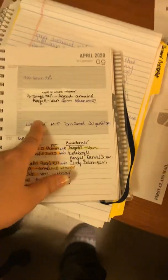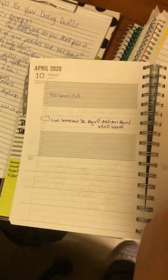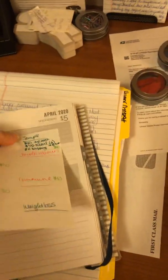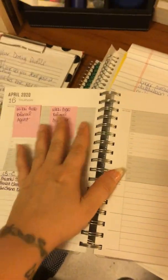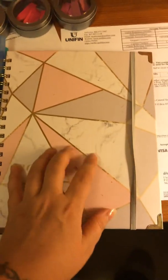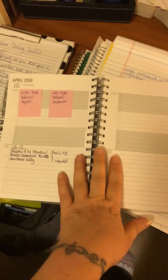So then I've got all the people I need to follow up with: potential client, agent, notes, live interview, who I'm going to follow up with, who I had them following up with. Oh yeah, I need to make that too. Let's bring that over here. See? So I need to work on that later. And then just notes so that I can look back, and this does not interfere with my personal life and abstract work. So I may have a conference call and that's going to go in here because I need to remember that. But this is all of my client and agent